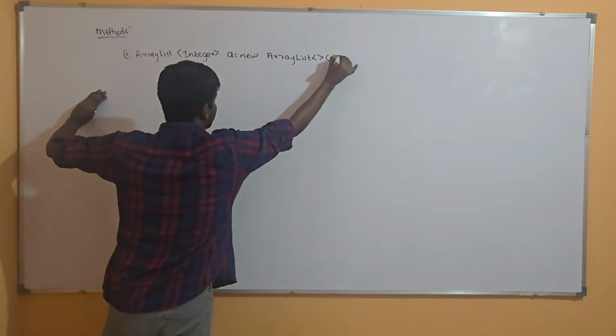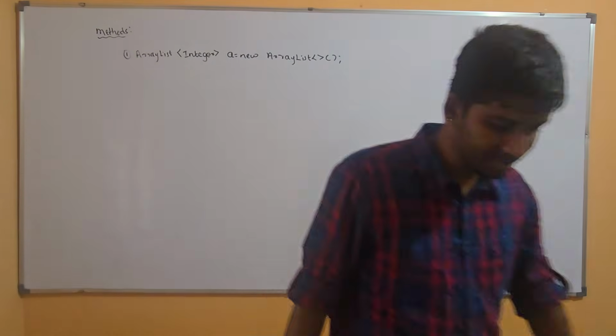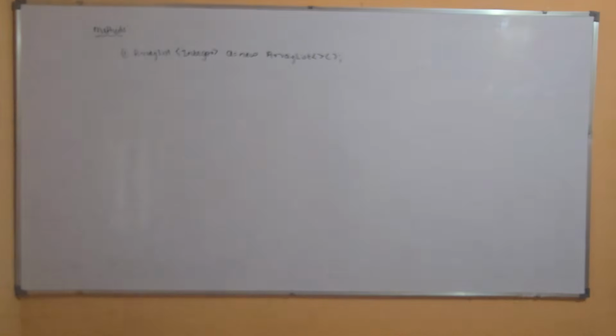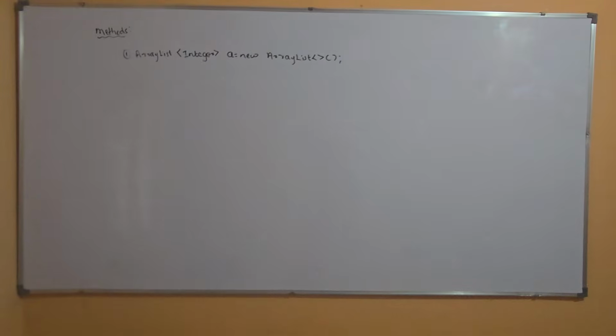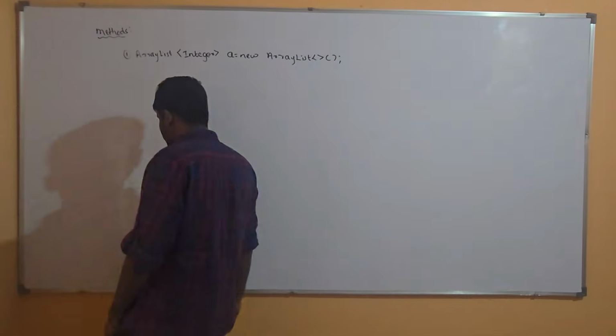Angle bracket open, close, comma, bracket open, close. I hope this is clear. Let me check if it is visible. A little bit of zooming is required. Okay, fine. ArrayList<Integer> a = new ArrayList<>();